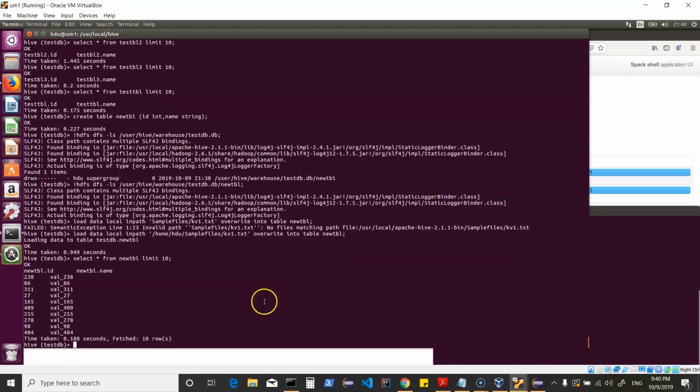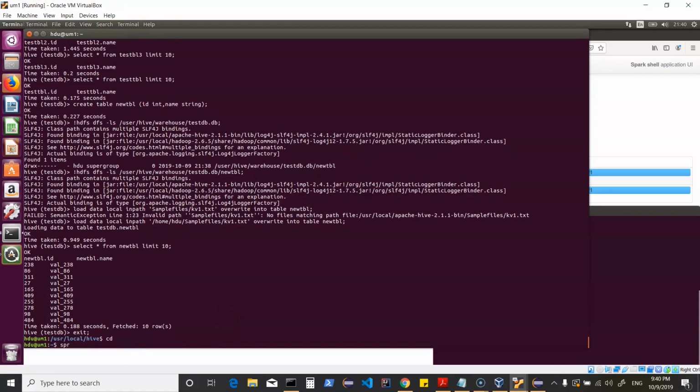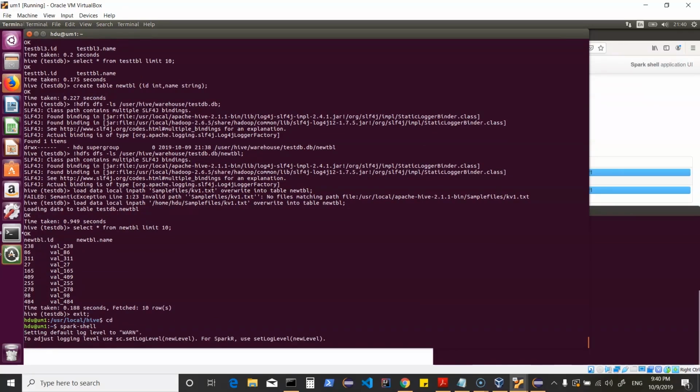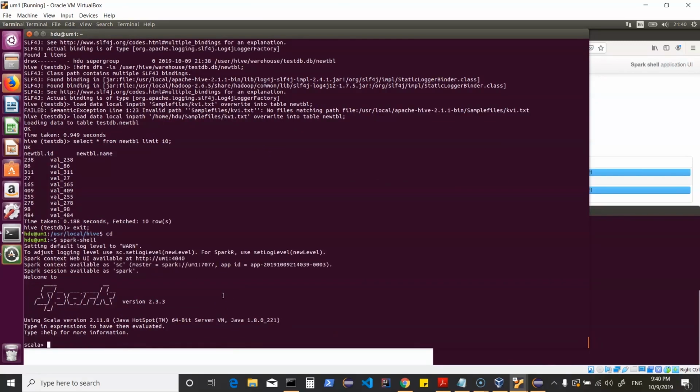So this is a simple example of loading some data into a Hive table, which has two columns. We did not give any delimiters because I know the file also does not have any specific delimiters. Now here I can just exit this. Our main task was not to work with Hive, but to work with Spark SQL in interacting with Hive, which is a data warehouse package on top of Hadoop. So it is using Hadoop's distributed file system. Hive is using Hadoop's distributed file system to store the data, and we would want to use Spark SQL and especially its data frame API to work on interacting with Hive.